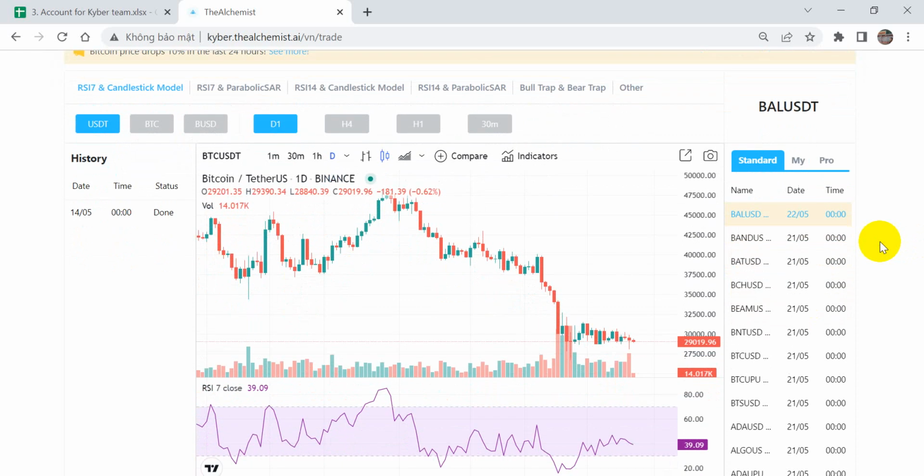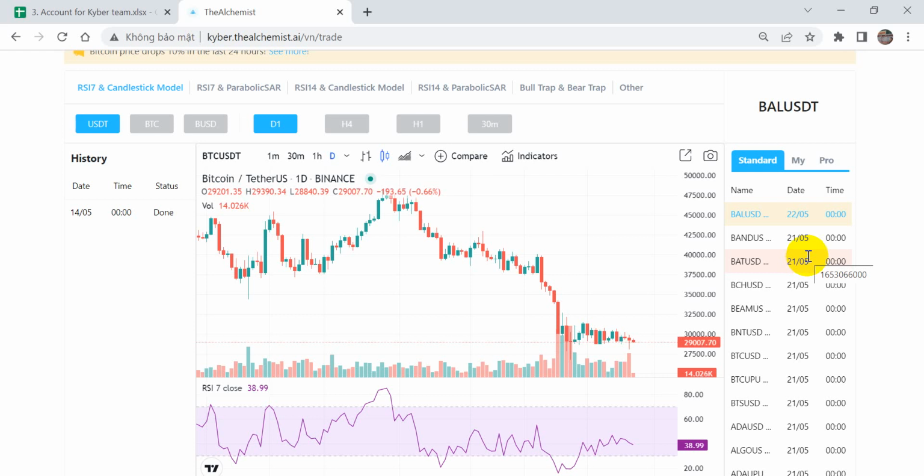The first one is the standard list, which includes the formulas tested by the project research team. Using these formulas, our trade can detect chart patterns, analyze and predict trends, then provide users with recommendations to increase the winning rate of their trading strategies, making it ideal for novice traders and users with no prior experience with